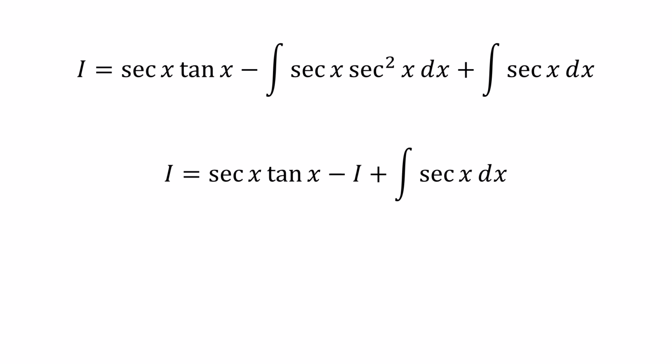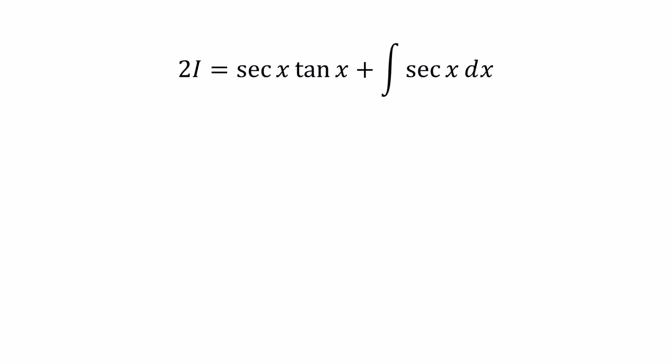Adding I to both sides of the equation then gives 2I equals secant of x tangent of x plus the integral of secant of x dx,